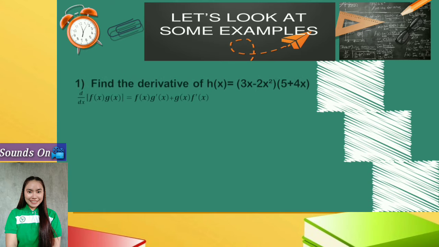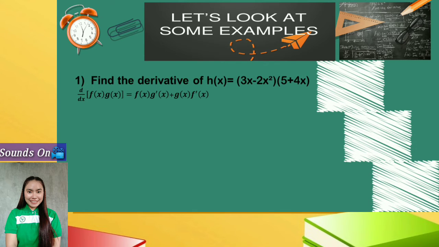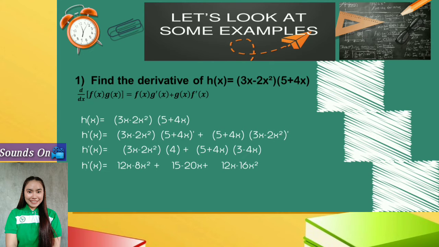So example number 1. Find the derivative of h of x is equal to (3x minus 2x squared) times (5 plus 4x). So again, h of x is equal to the first function, 3x minus 2x squared, times the second function, 5 plus 4x. So applying the product rule, h prime of x is equal to copy the first function